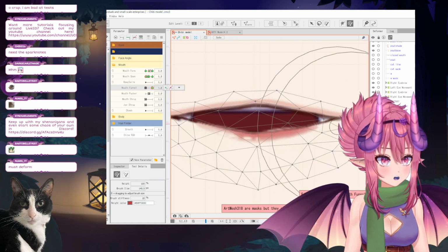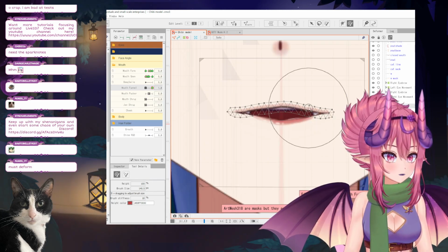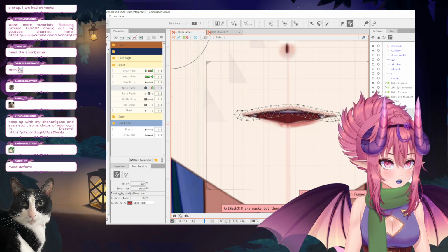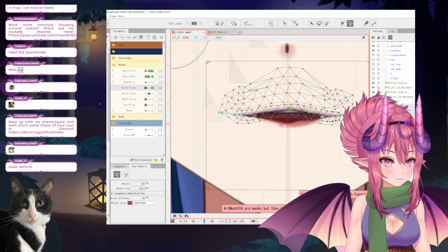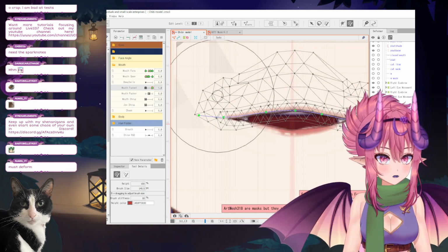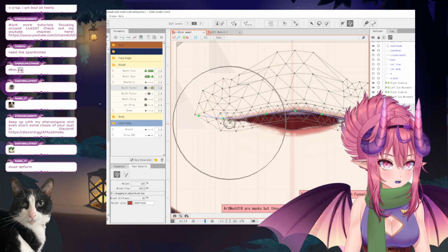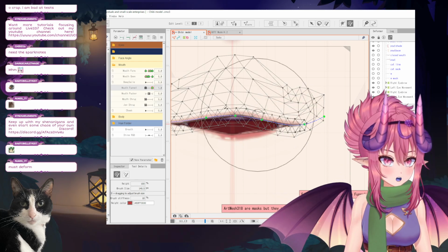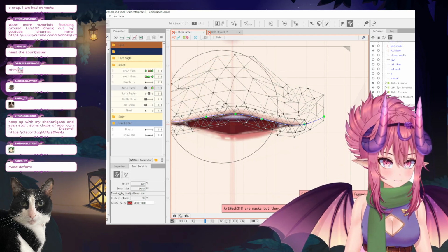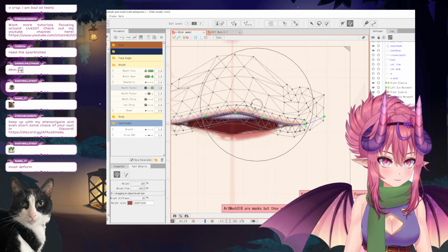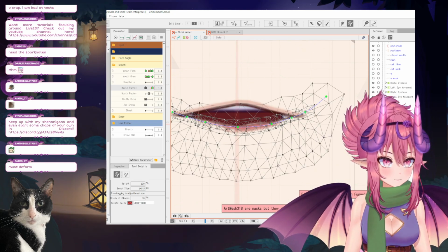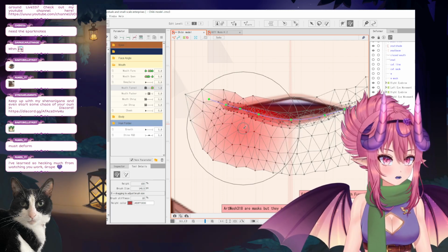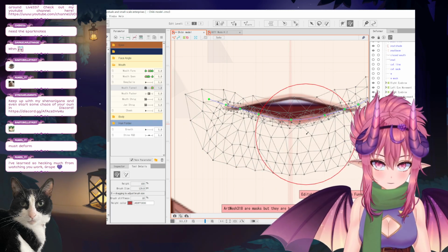So now when we're seeing mouth funnel, it's opening just a little bit. But the thing is, I don't really want it to be super open, so we can keep touching this up, right? We can close it a little more on this side. Kind of bring it up a little bit more here, a little bit more here, right? You can go to the bottom lip, do the same thing, kind of close it up a little bit more here, close it up a little bit more here, open it up a little bit more here,